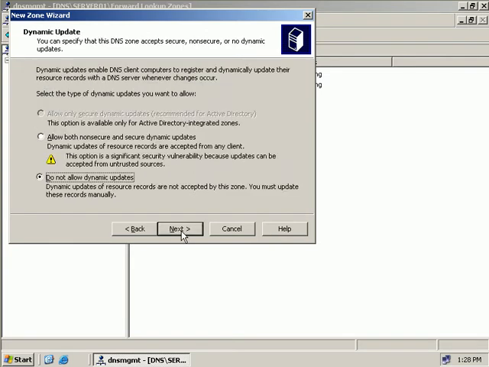and we'll choose Next. Now we can choose whether to allow dynamic updates or not. Now what this means is whether our hosts can register themselves and create host records on our DNS server. So we have two options. We can allow both non-secure and secure dynamic updates, or not to allow dynamic updates at all. Now with our non-secure option, you can see here it tells you that dynamic updates of resource records are accepted from any clients. So this means that potentially anyone can plug into our network and register their host in DNS and pollute it with a bunch of false records. So we don't want to do that, so I'm going to choose this second option, not to allow dynamic updates,